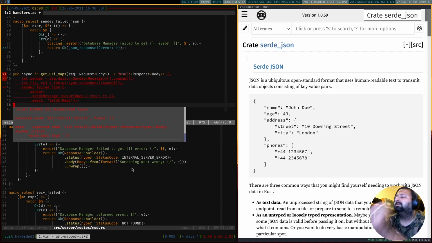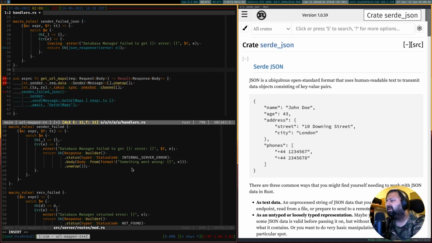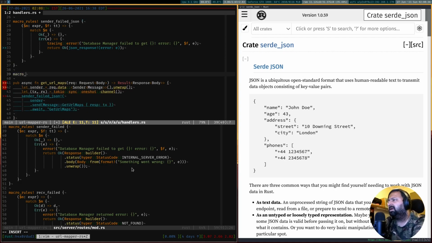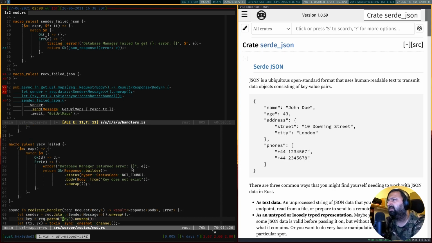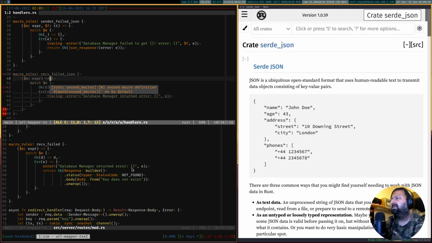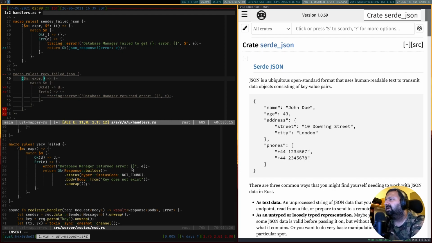the value. Yeah, so similar to this, I think we basically have to implement another macro which is going to be similar to the receive field, except handle or respond back with JSON. So I'm just thinking a little bit about this. I think I might